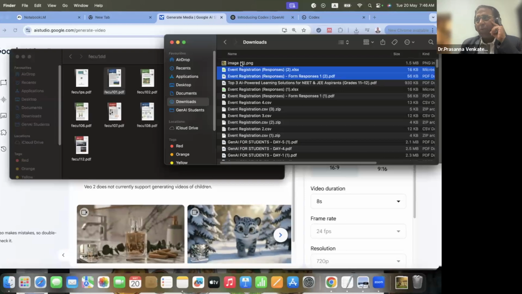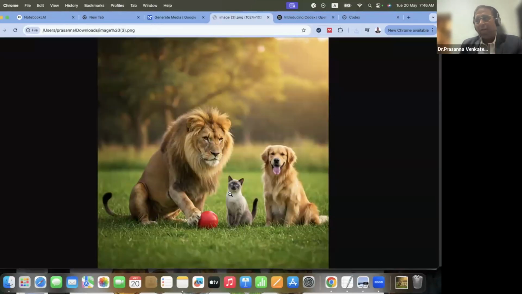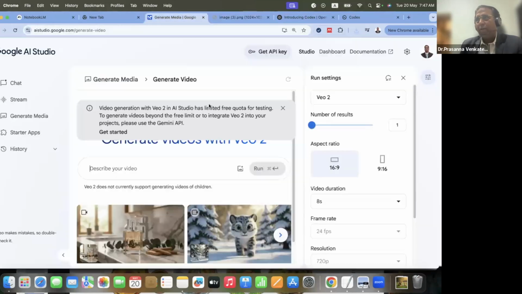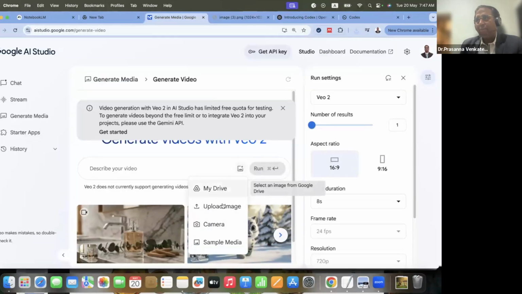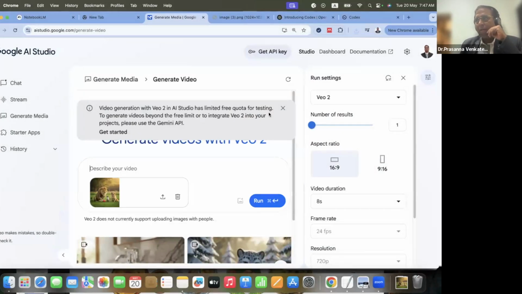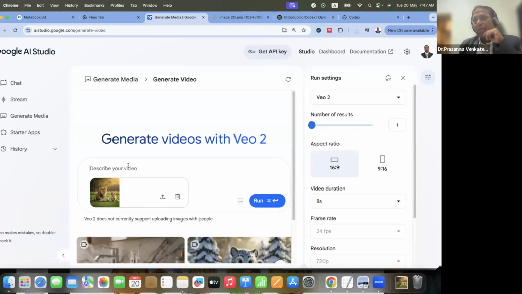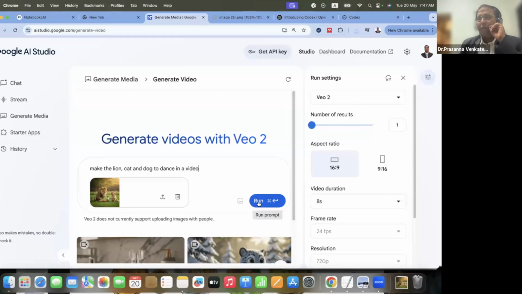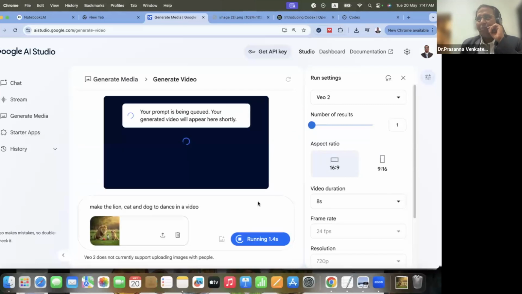I can actually upload this image that I have downloaded. So this is the image that I've uploaded, and I can tell what should be done with the image. Okay, so I can tell it, make the lion, cat, and dog dance in a video. Okay, and if I say run, what it is going to do is